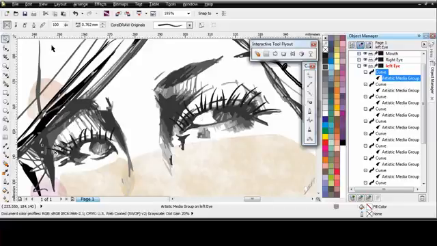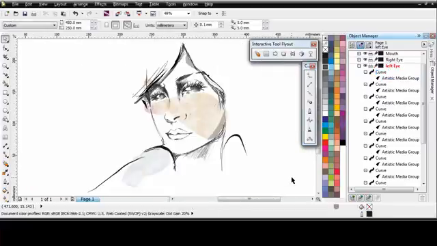There we go, that looks quite nice. Now, F4 on my keyboard zooms back out. And that's coming alive quite nicely, isn't it? See the difference it makes just putting those few little eyelashes. That looks great. Alright, what I want to do now is just thicken up around the bottom side of her